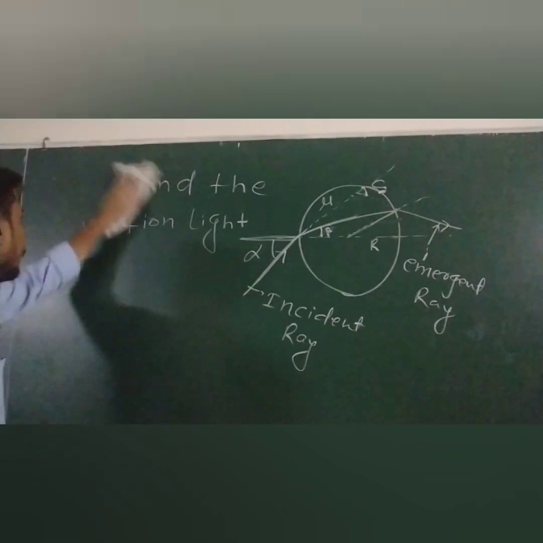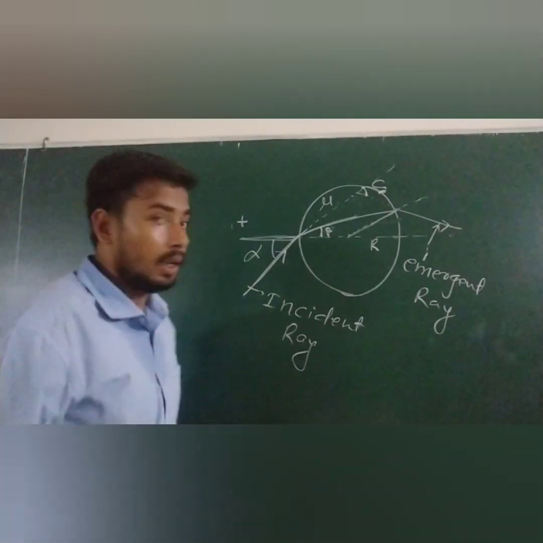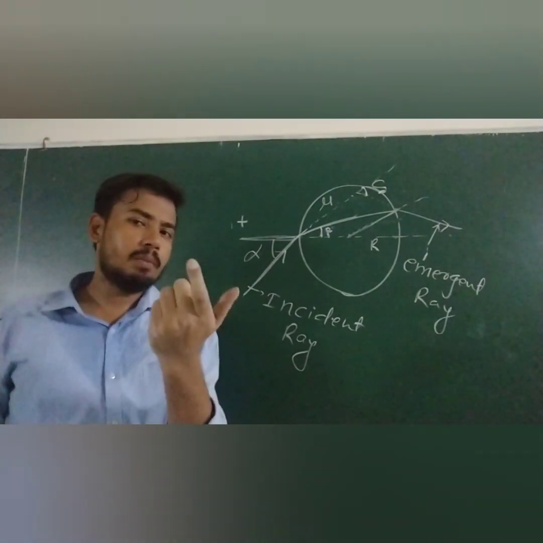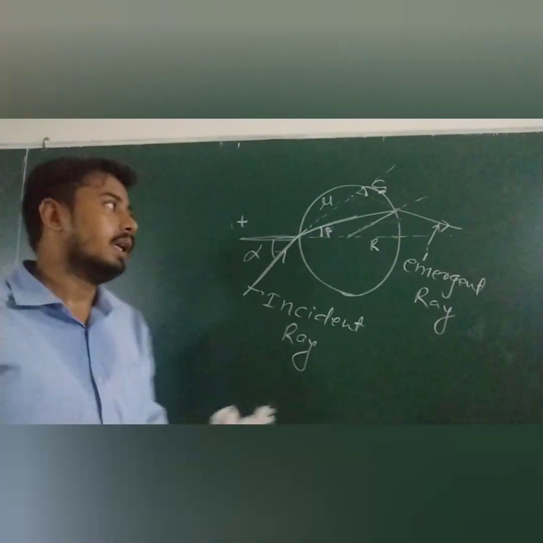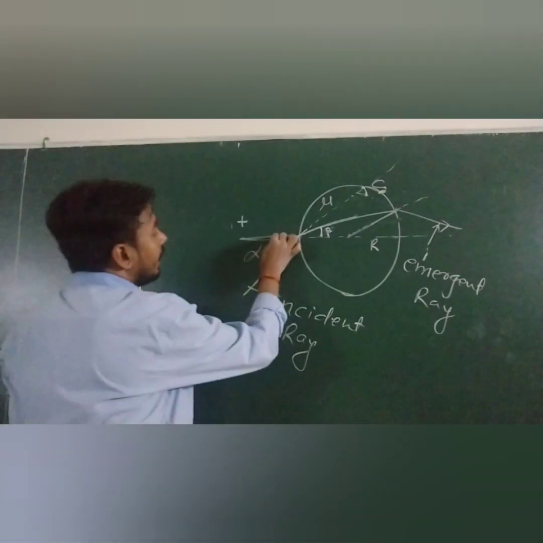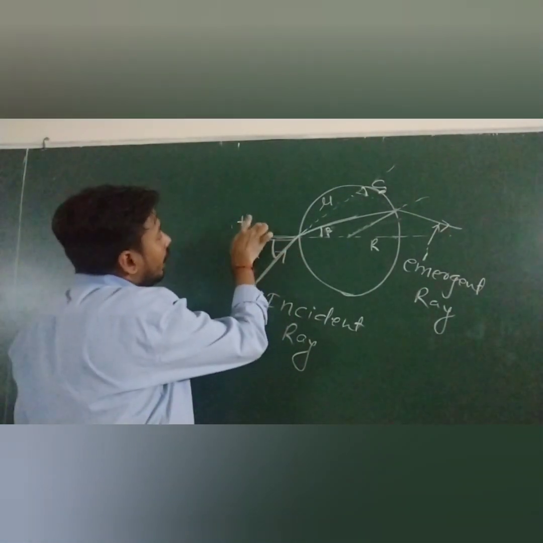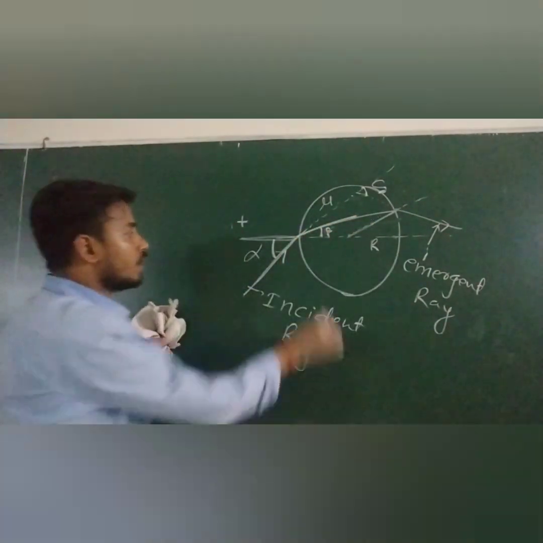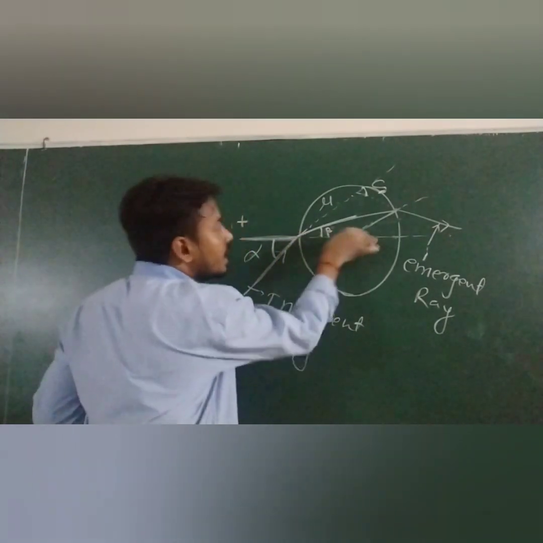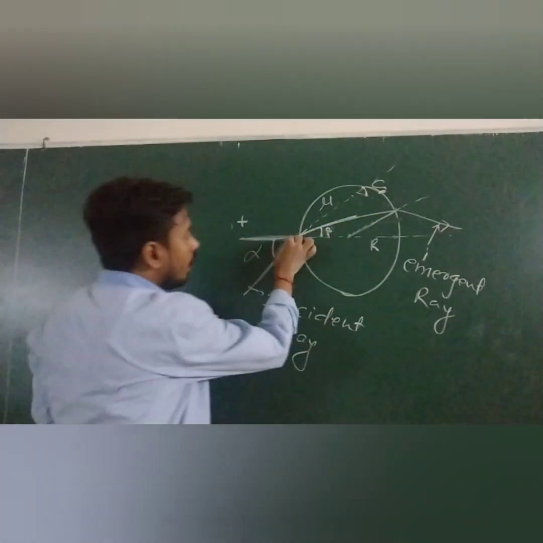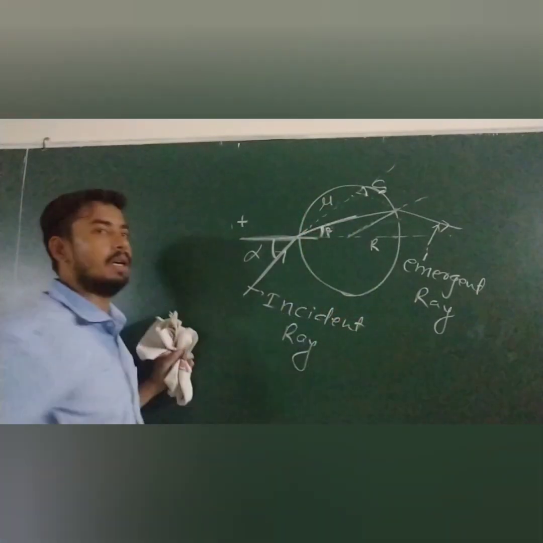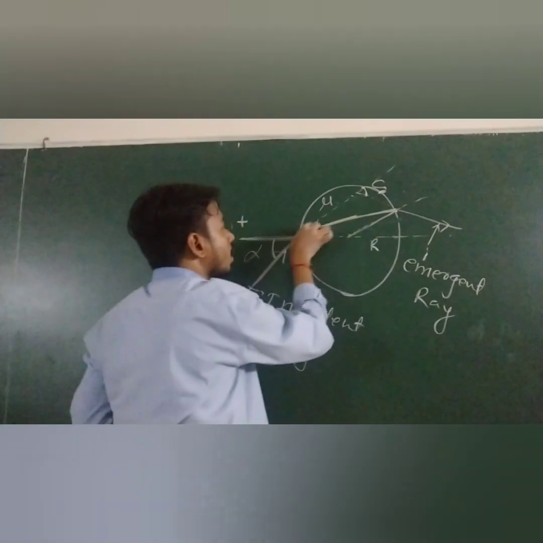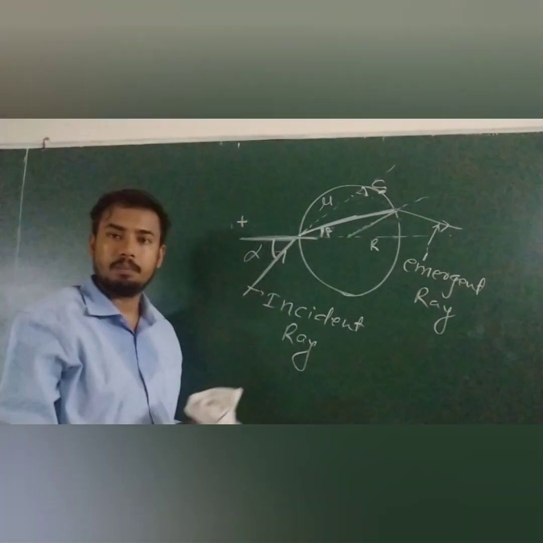See, light is coming at an angle alpha and it is going from a rarer medium to a denser medium. So what happens? It will bend towards the normal. What is normal? Any ray which passes through the center of curvature is normal. So this angle I assume is beta. Now this light came at this surface. Here the path will be straight, because the medium from here to there is the same.